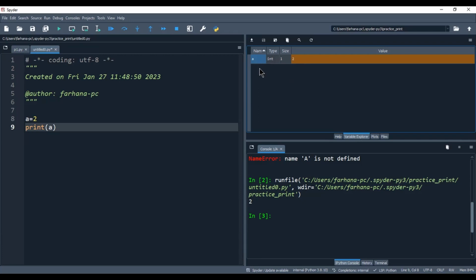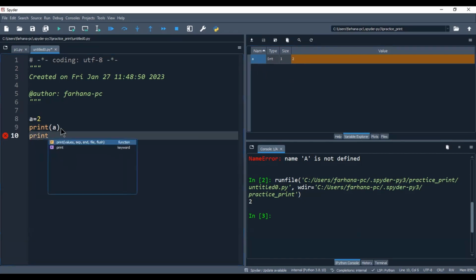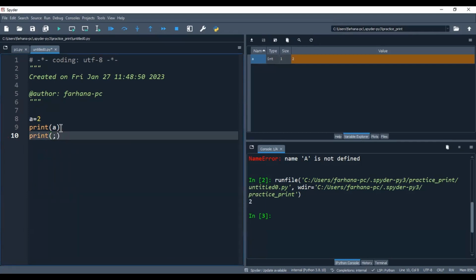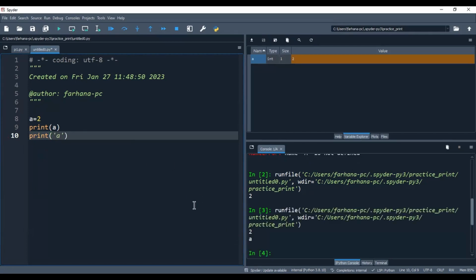Python will automatically decide the category of data for you. One more thing that we have to consider: if you are writing print within quotes "a", what is going to print now? Let us check this. Because of the first line, print A, I'm getting the value of the container whose label is A, which is displayed as 2. And because of the next line at line number 10, print within the quotes,